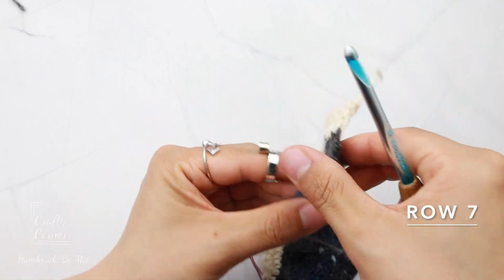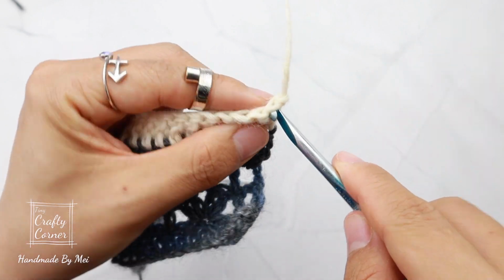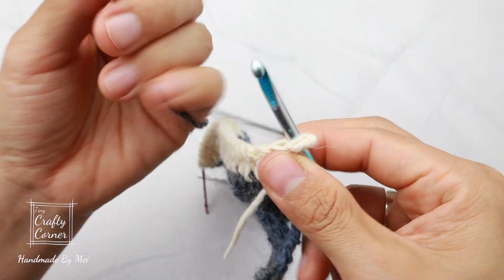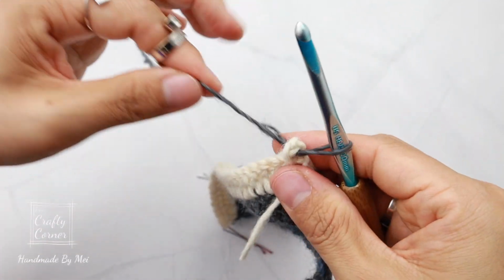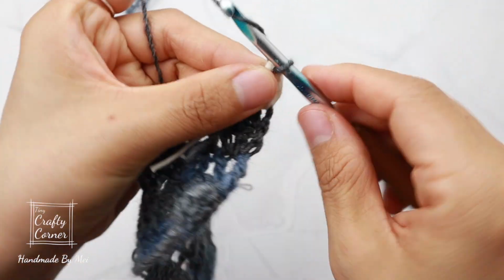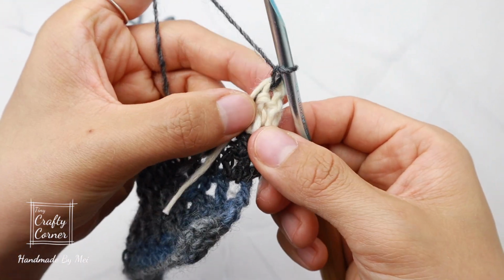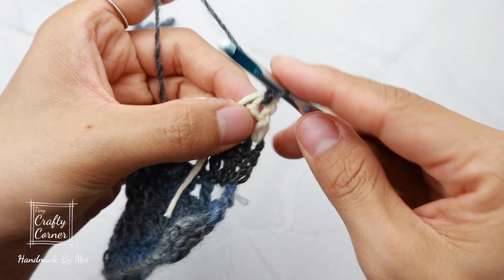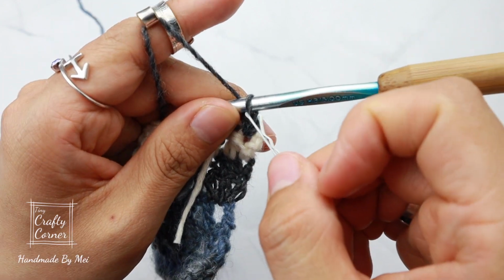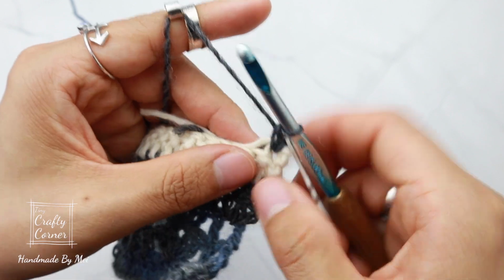To begin row 7, turn your work, insert new working yarn into the first stitch, pull through, one chain to begin, and this one chain does not count as a stitch. In the same stitch, single crochet, place a marker into the first stitch to make it easier, double crochet into the next stitch,